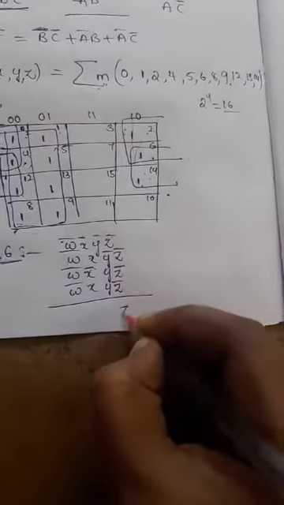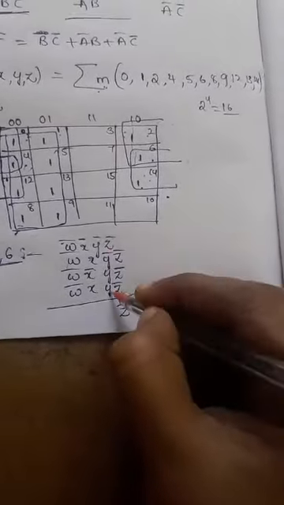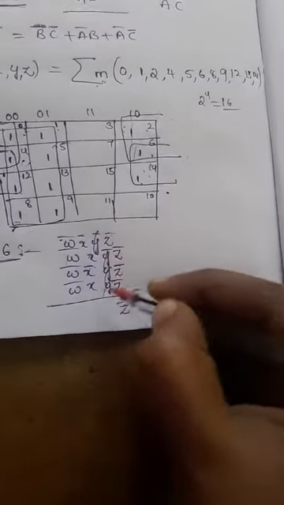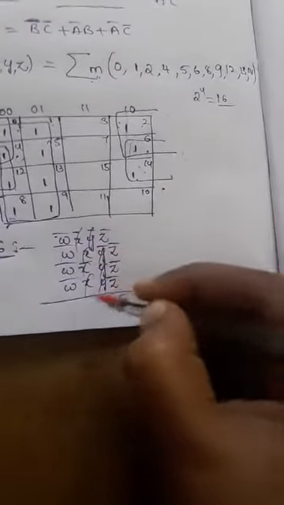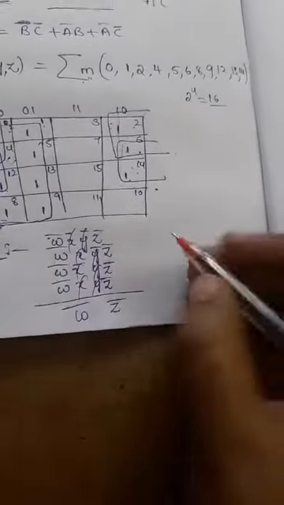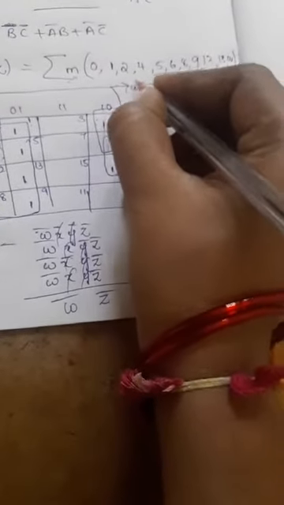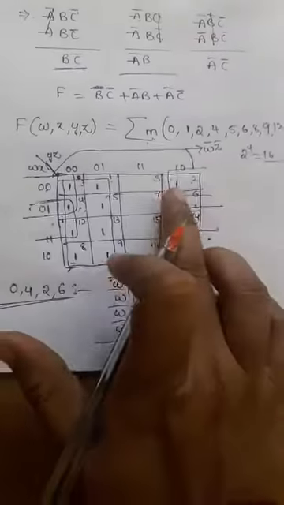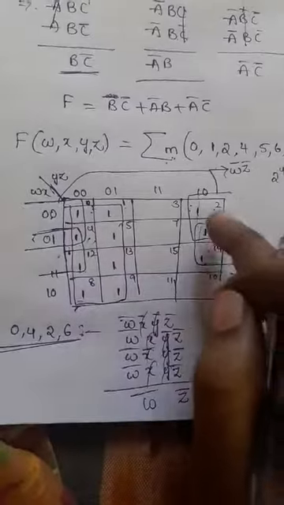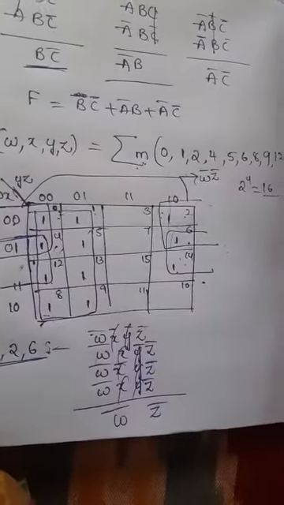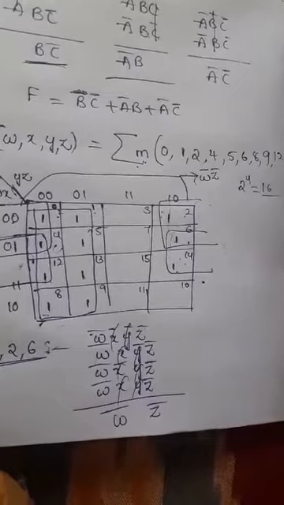So all will have Z complement, directly you can write the same variable, and here Y and Y complement cancel, and X complement and X will be cancelled, and W complement is the normal. So you can write it, this prime implicant result is nothing but W complement Z complement, right, for this opposite pairing. Now coming to the next cells, that is nothing but 12, 4. Okay, so these two cells 12, 4 and 6, 14, that is opposite cells now, 4 comma 12 comma 6 comma 14.